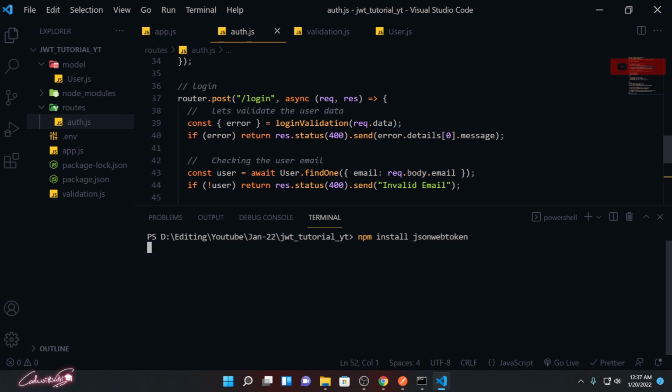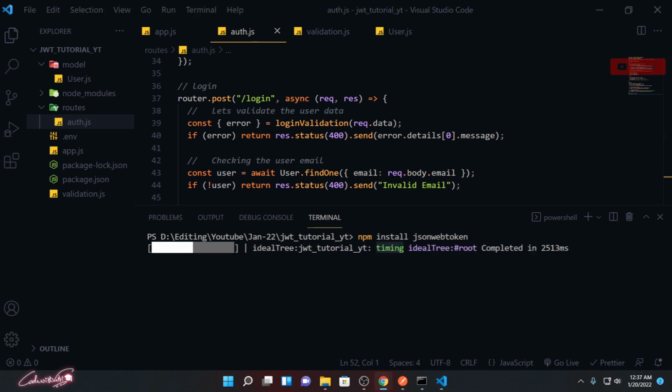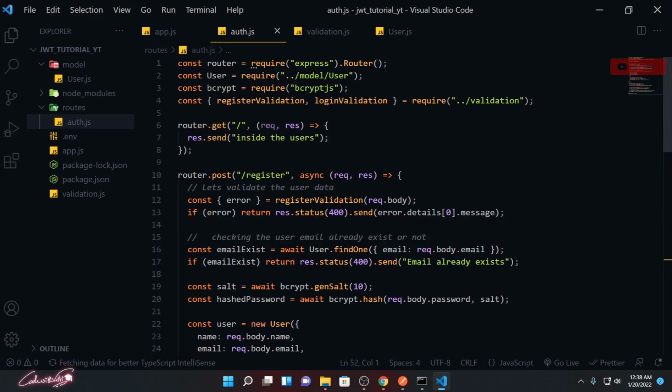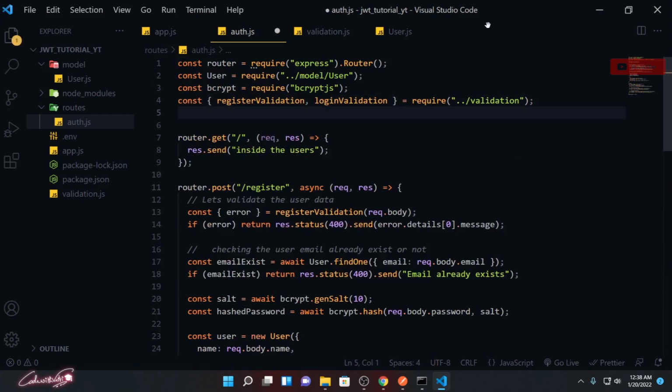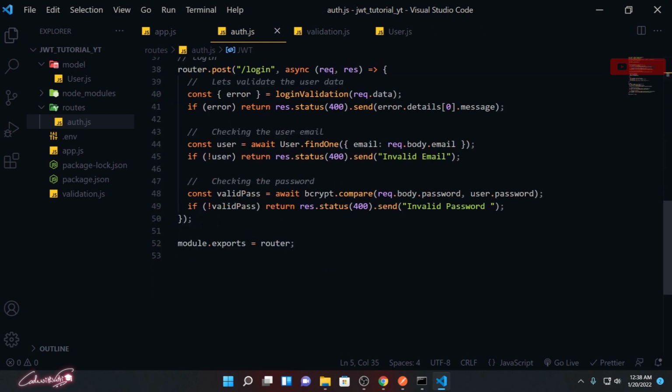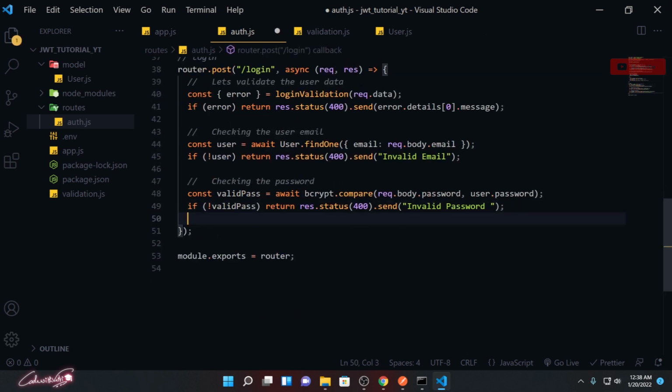That will install the package we need, and after this we need to import that package in our auth.js. Let me go up and import it. const jwt = require('jsonwebtoken').